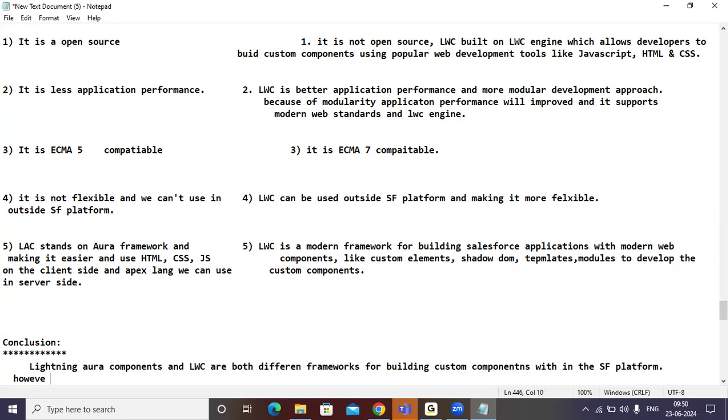However, LWC uses newer, modern web standards, so it is faster, more efficient, and more flexible comparatively to LAC.